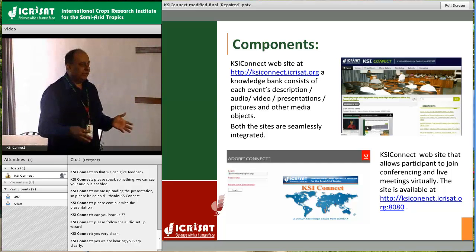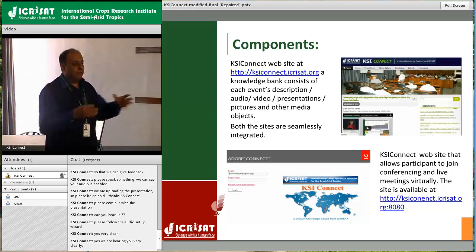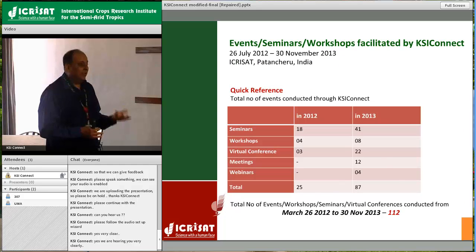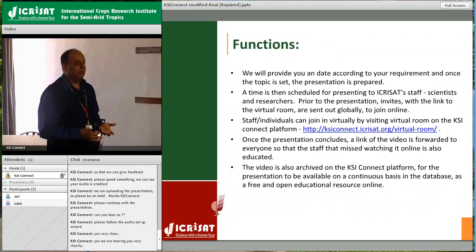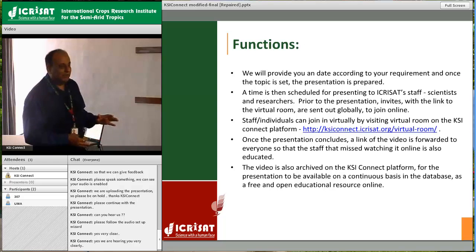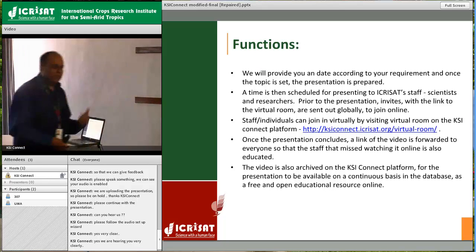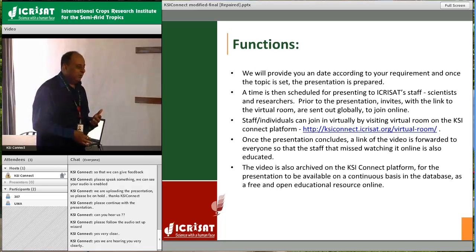So there will be preparation if needed. If it's a very high-power meeting, so many important people are involved, or we have seen a lot of challenges from those locations, we take 1 or 2 trial runs. And many times we have seen that the trial run works very well, but on the actual day you come across some new challenges because of change in bandwidth or some equipment malfunction or anything. So all that happens, and that's why I'm saying it's a continuous process. We are also learning. But the success ratio is very high.